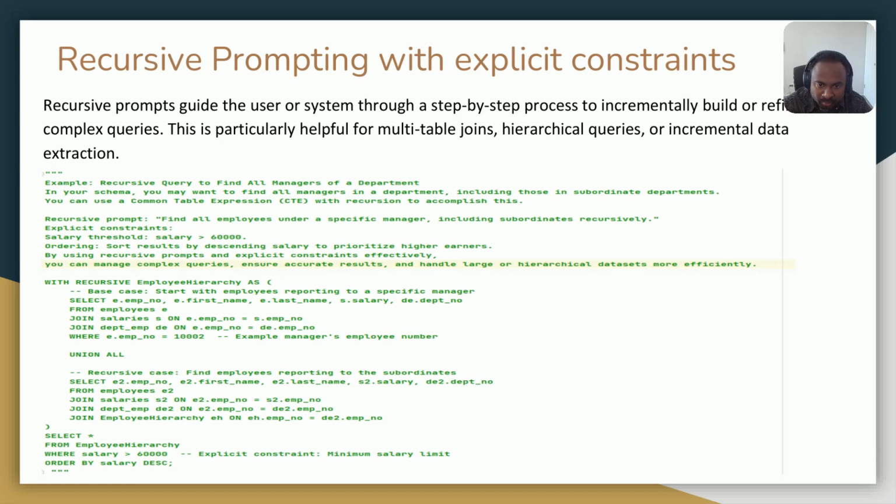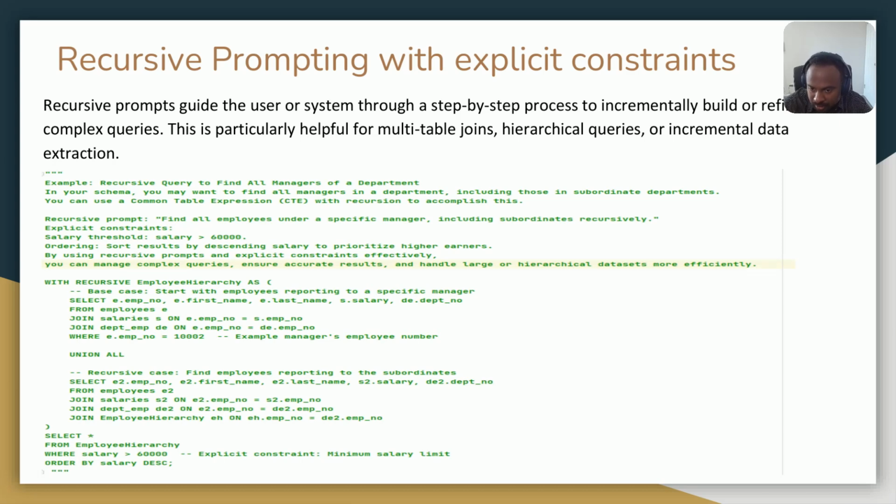This is particularly helpful for multi-table joins, hierarchical queries, recursive queries, or incremental data extraction, where in the recursive prompt the user specifies, for example, find all employees under a specific manager, including subordinates, recursively,